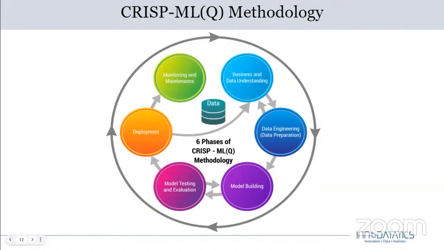For this project, we are using the methodology called CRISP-MLQ. CRISP-MLQ stands for Cross-Industry Standard Process for Development of Machine Learning Applications with Quality Assurance Methodology. In this, there are 6 major steps which we need to follow, the first being business and data understanding. In business and data understanding, deploying a machine learning application starts with identifying the scope of the machine learning application, the success criteria, and the data quality verification.